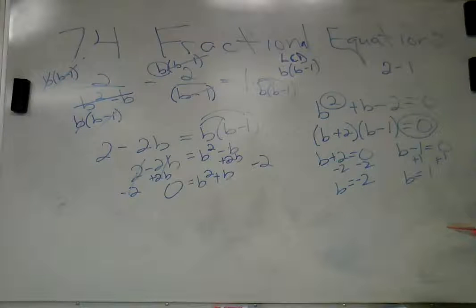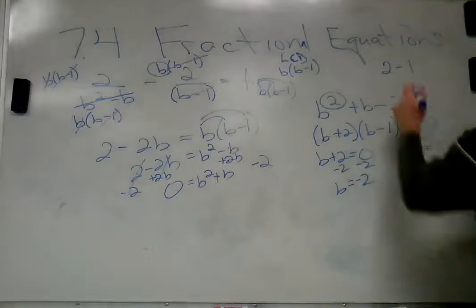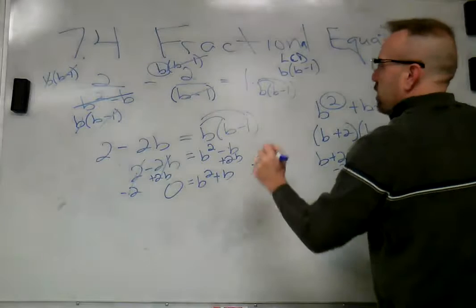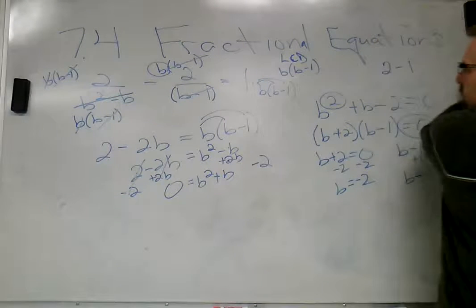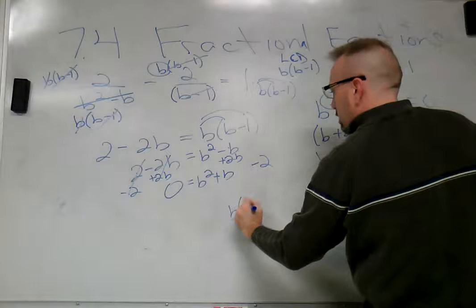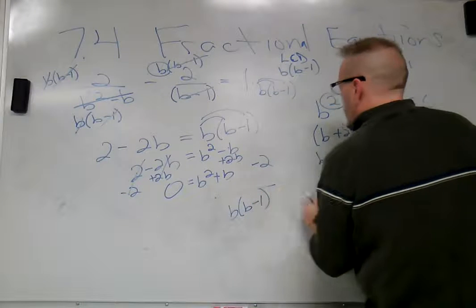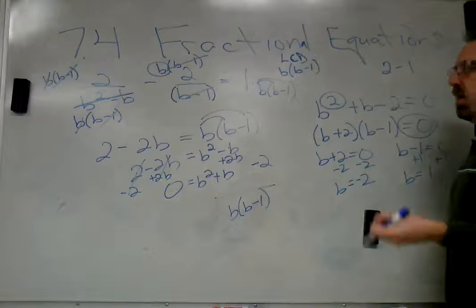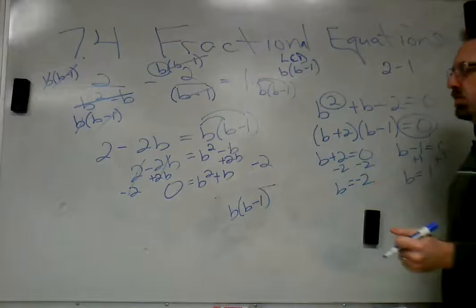Okay, one thing let's go back to as well. Now we need to check these answers, and you'll understand why. If in the denominator, so let's look at this one. Let's start with both of them. We have to go back to what our denominator was. Our denominator was b and b minus 1. So we never want to have a denominator that equals 0. What happens if we divide by 0? The answer is undefined, and if you did it on a calculator, it'd say error, so it's not possible,